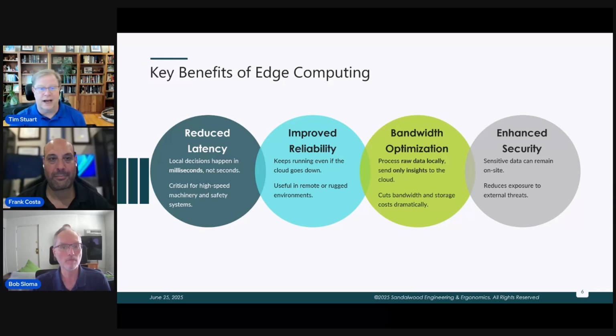And that can be critical for high-speed machinery, safety systems, and so forth. If we look at improved reliability, again, it's reducing that risk. So if your cloud or your internet goes down, you can still be running. Some of the bandwidth optimization, being able to summarize some of the information because you're handling some of that processing